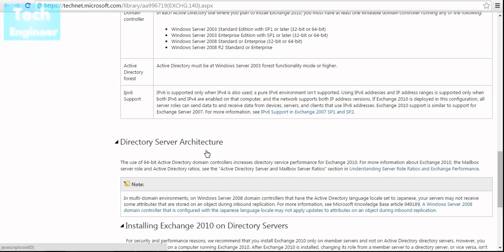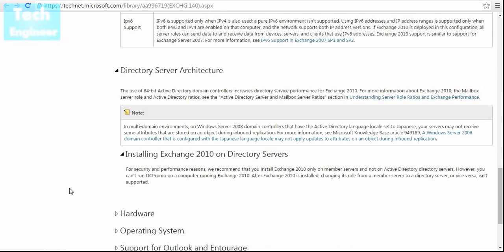Directory server architecture. Now this is a 64-bit operating system. Exchange 2010 will basically work in a 64-bit Active Directory domain controller, so it will increase the performance. That's the reason installing Exchange 2000 on a directory server is not recommended. For security and performance reasons, we recommend that you install Exchange 2000 only on a member server, not on Active